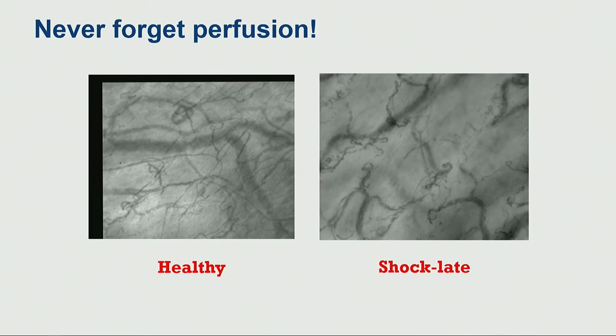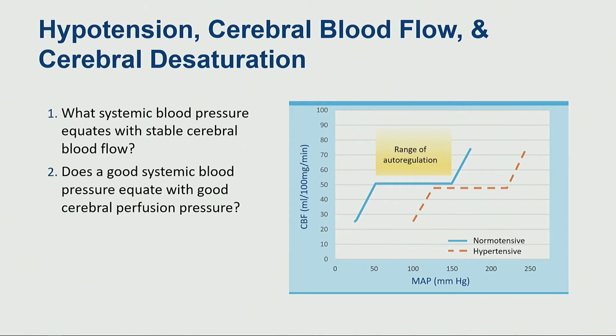What I'm trying to tell you is that we can keep a MAP, but we cannot ensure good microcirculatory flow, and that whole argument of macro versus microcirculation does continue. But we have to focus on not just MAP, but other hemodynamic targets that will allow us to achieve good flow. Now, the other issue is our patients that come into the intensive care unit are usually carrying chronic hypertension,